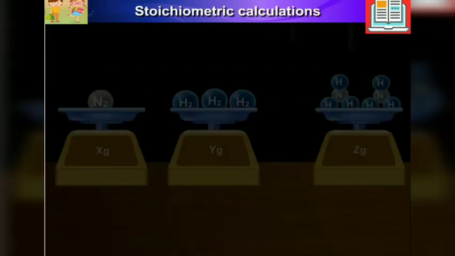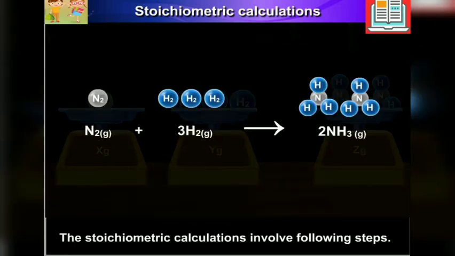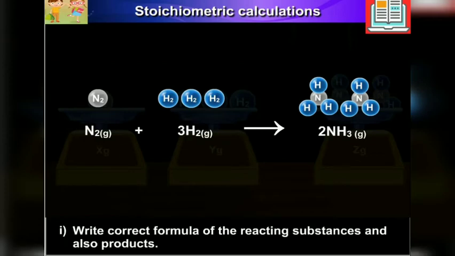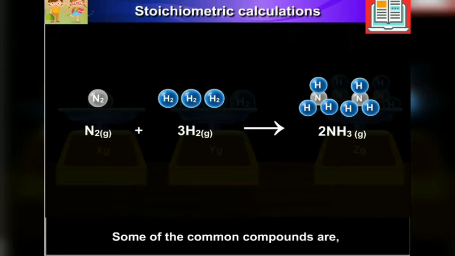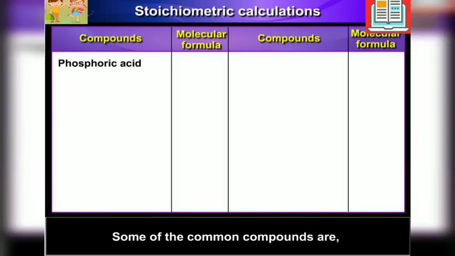Stoichiometric calculations. The stoichiometric calculations involve the following steps. 1. Write the correct formula of the reacting substances and also products. Due care must be taken to satisfy valencies of the atoms of the compound. Some of the common compounds are phosphoric acid, H3PO4, sodium phosphate,